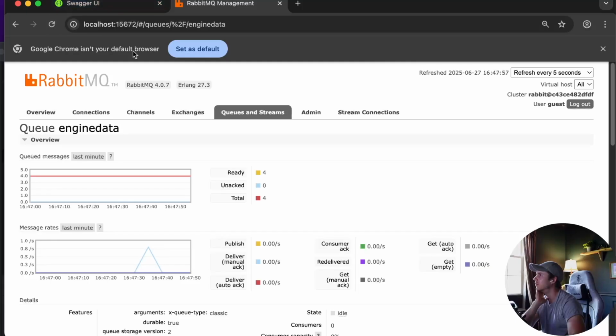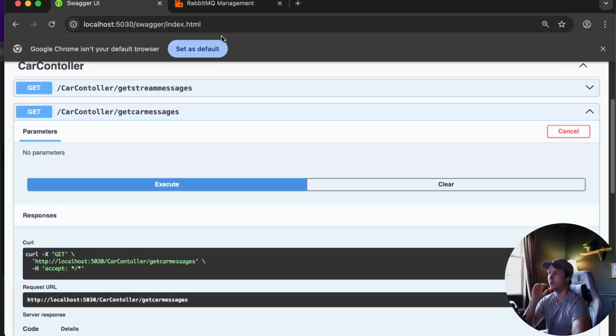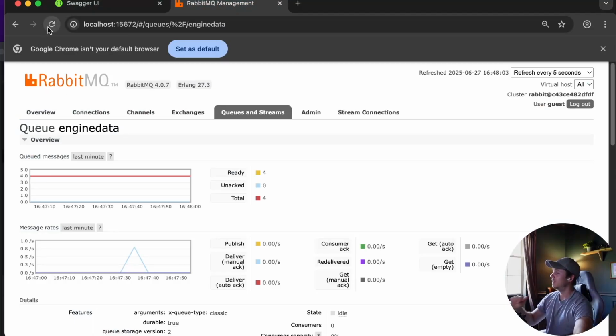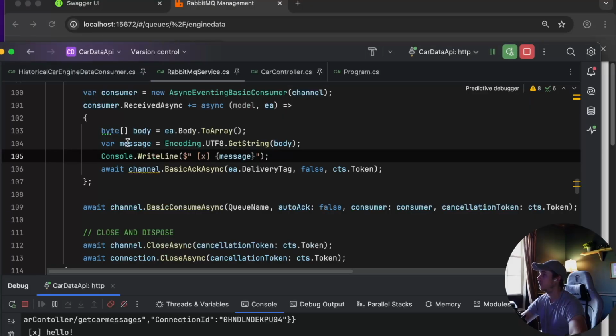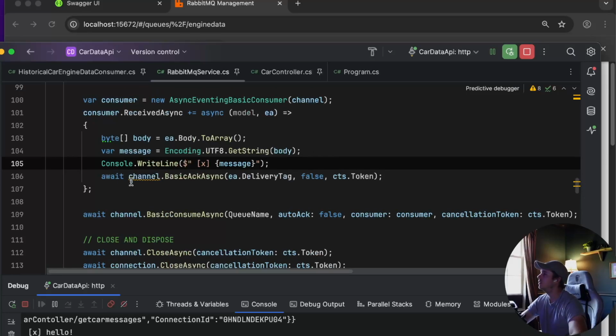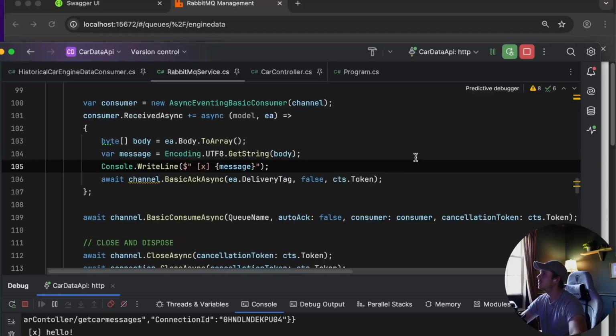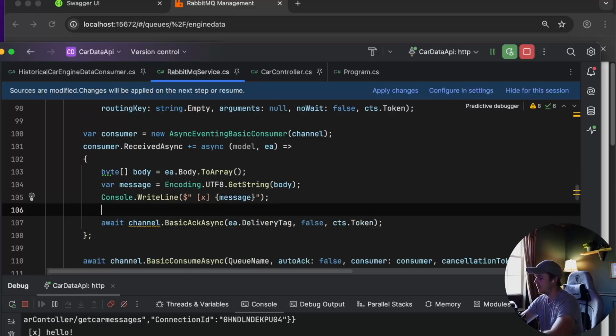Let me do it again, because you're like, okay, maybe it was just a fluke in RabbitMQ. It's not. You can see that I am getting my messages, but they're still going back to ready, meaning that they have never been acknowledged. And reading this, you're like, wait a second, it seems that I'm acknowledging it. But the problem is that depending on how your event handler is set up, you see that on this channel,